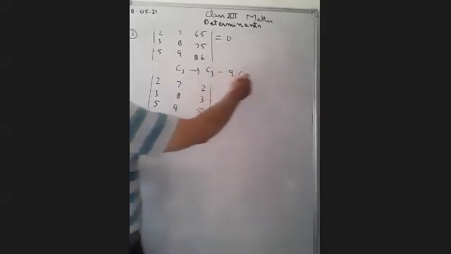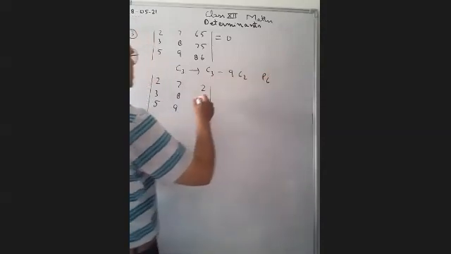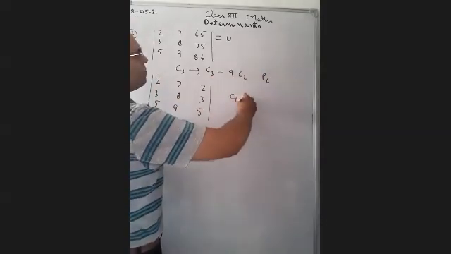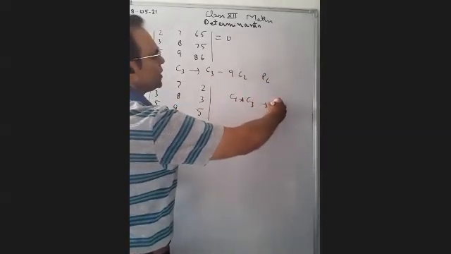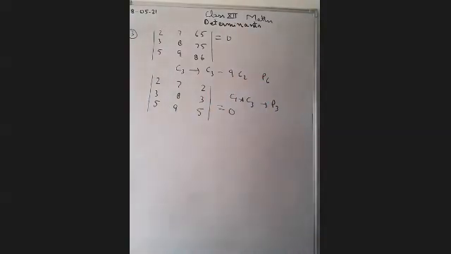तो यहाँ which property have we used? We have used property P6. Here we see two columns are identical, C1 and C3. ठीक है, कौन सी प्रॉपर्टी से? बाई प्रॉपर्टी P3 the value of the determinant is equal to 0. ठीक है, ये हमारी वैल्यू कितनी आ रही? 0 ही हमें प्रूव करना था. ठीक है, तो whenever you try to solve yourself, then you get the idea what property we should use. ठीक है, नेक्स्ट है क्वेश्चन नंबर 4.